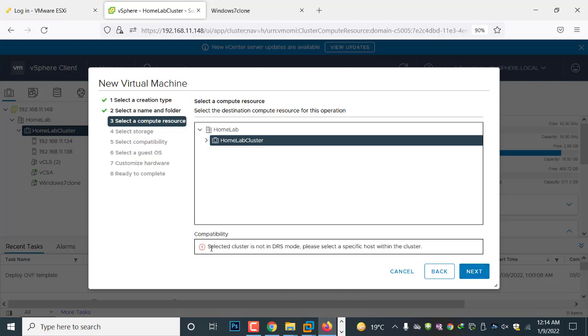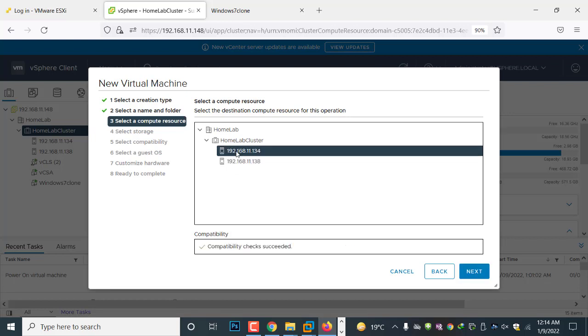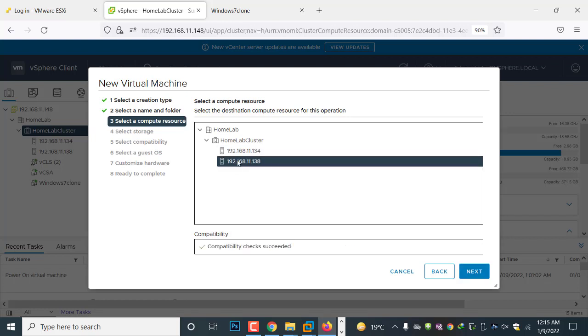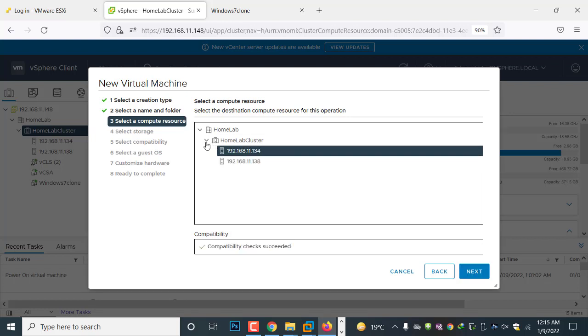There is an error: select a cluster that is not in DRS mode, please select a specific host within the cluster. I got this error because I didn't configure DRS at my cluster level, so I have to manually put my machine on one of the servers. Once I configure DRS at my cluster level, I won't get this error.